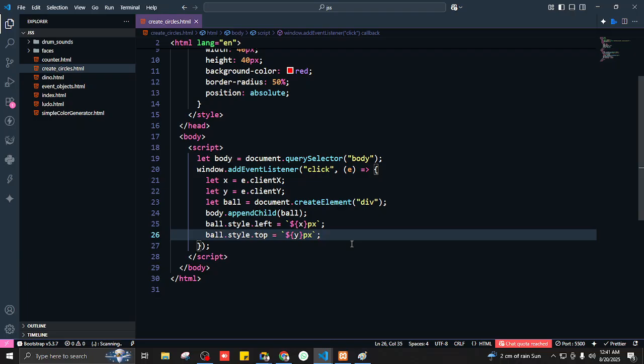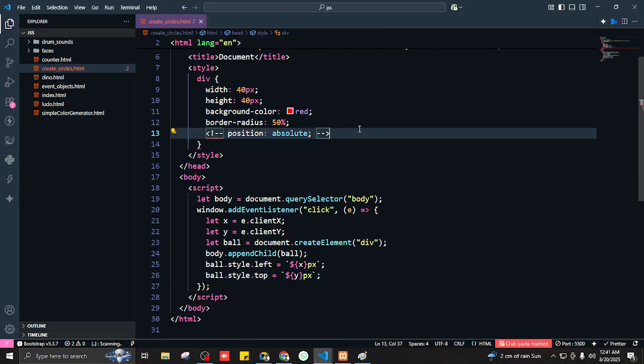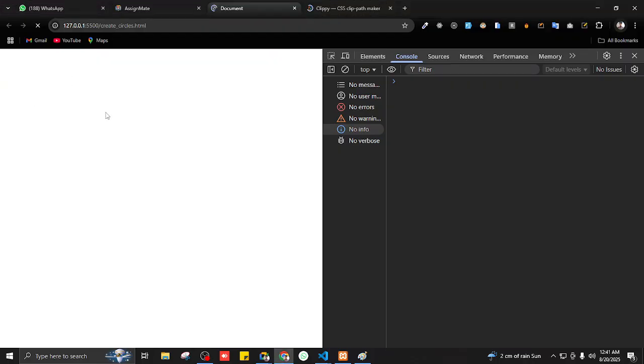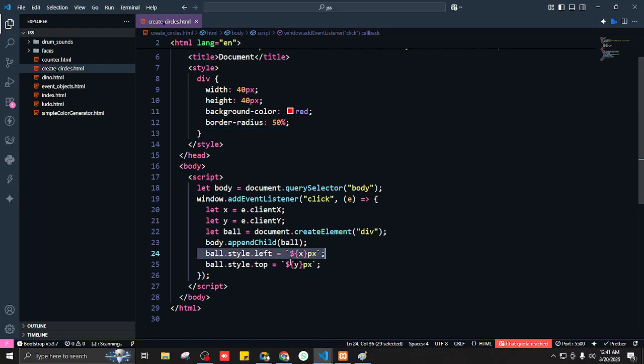So any questions? Good question. What would happen if we were to remove this position absolute? So this position absolute ensures that it should be displayed wherever we want. Let me remove this. So if we don't do this, it's not going to take that left and top